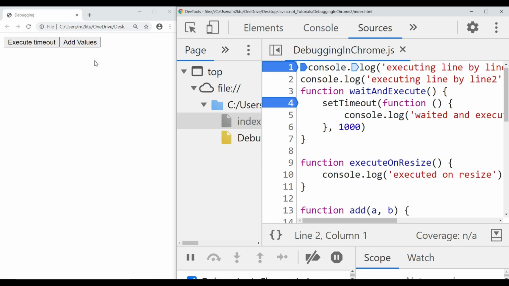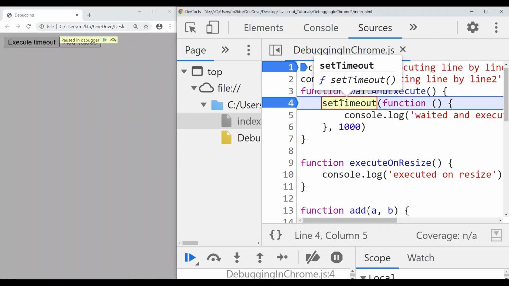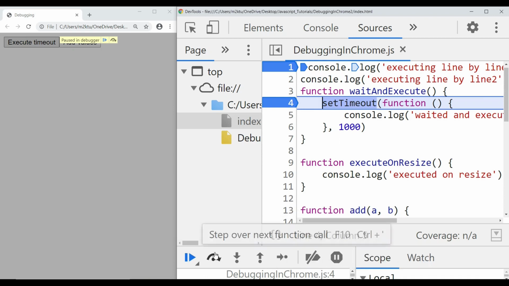Now if you click on execute timeout, this waitAndExecute method is going to execute. I have added one event on this button so that this function gets executed after clicking on this button. So let me click it. So I came into this setTimeout function. But now if you press F10 or this step over next function call button, what will happen?